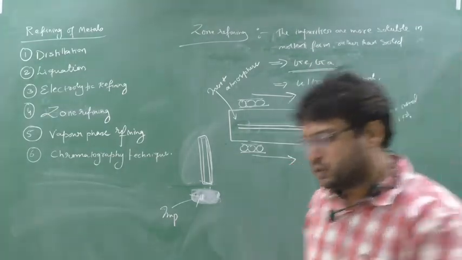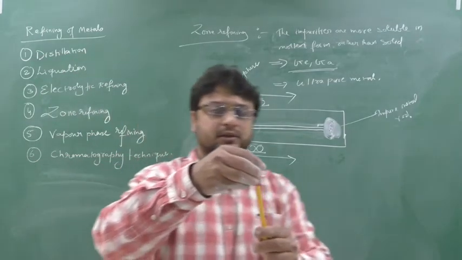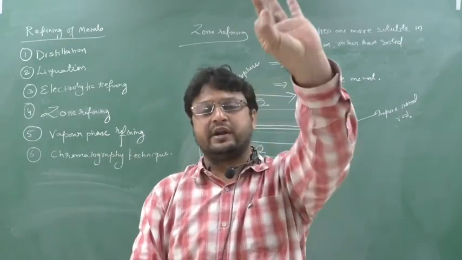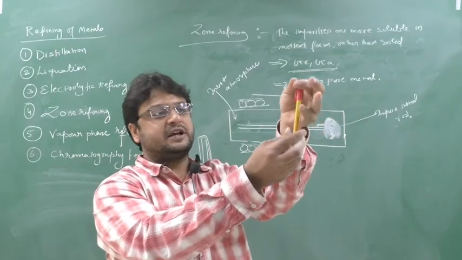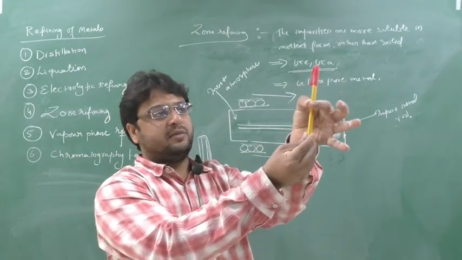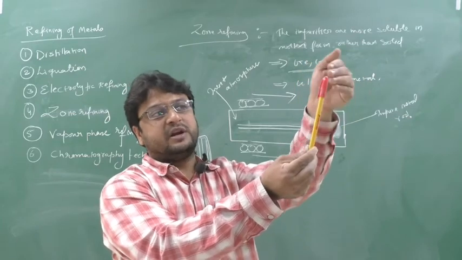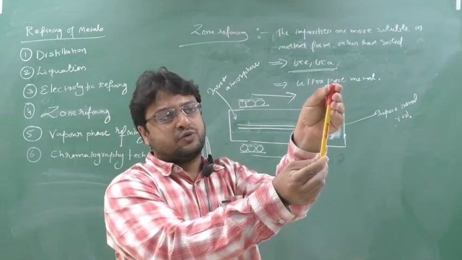Okay. So what happens? Suppose, see this. This was impure metal. On this impure metal, there is a circular heater, a mobile heater. So I will start the heater. So the heater is started. As this heater moves downside, this part will get heat, and it will get so much heat that it reaches nearly the melting point. So impurities also will melt. So impurities will fall downside along with the heater.